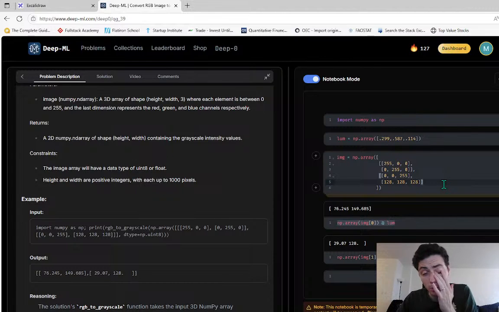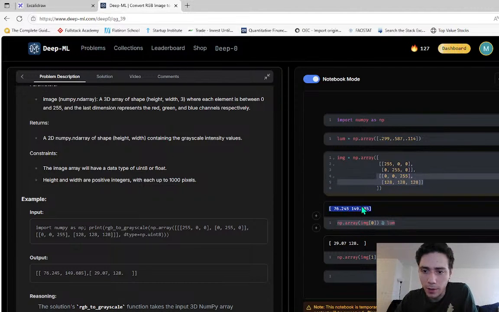Okay. Maybe I'm losing it. Okay, so we'll assume that this is the first pixel, and we'll assume that this is the second pixel, and we need to convert it to grayscale. And this would be the grayscale values of it. So, that also makes sense. Okay, so